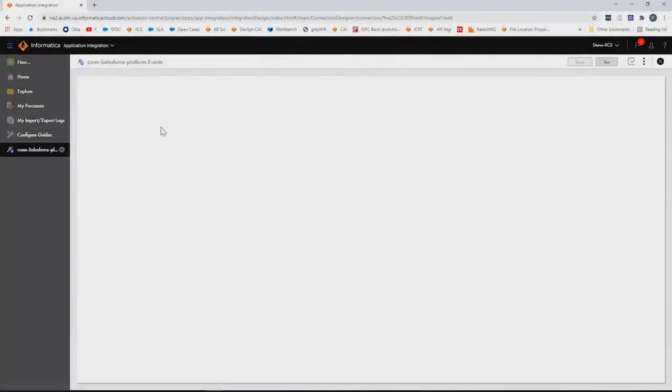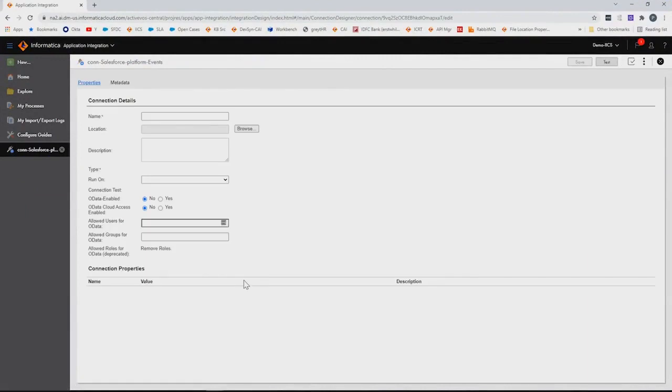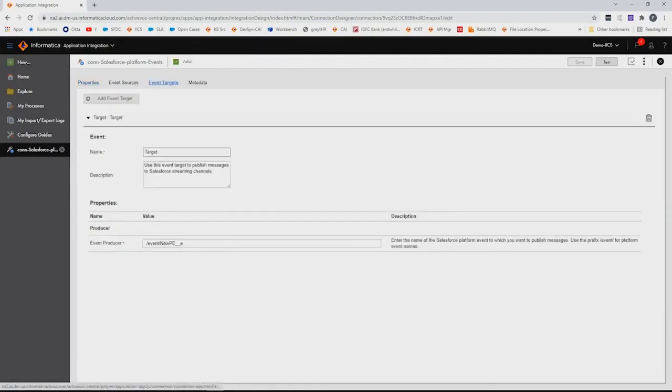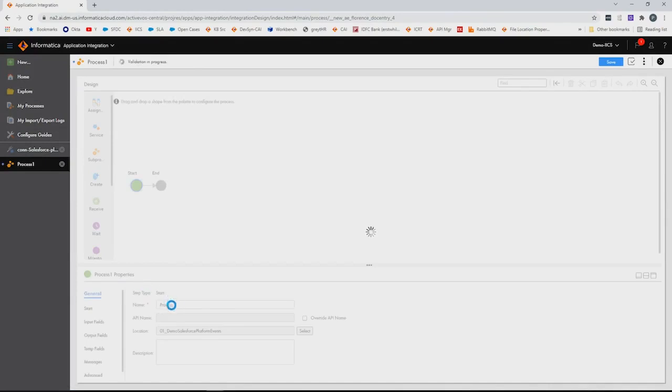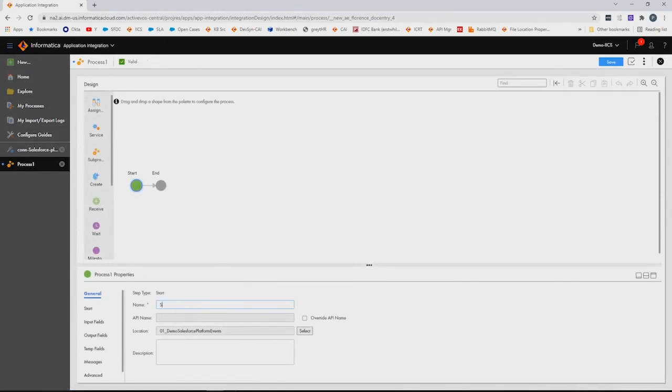So now that we already have this particular connection and have configured the event target where we want to produce the event, we'll create a process. In the process, you will give a name to the process, SFDC PE target.